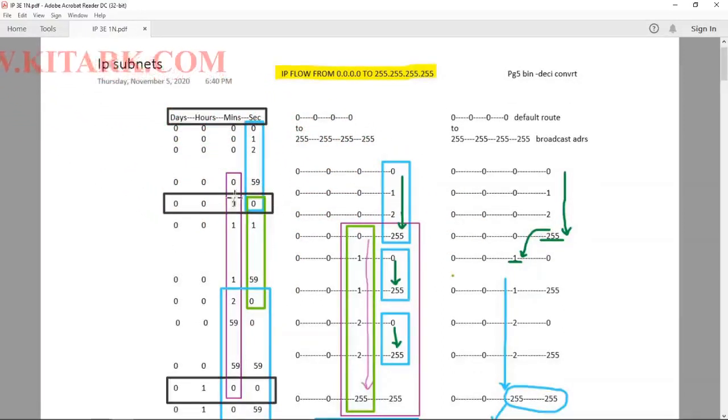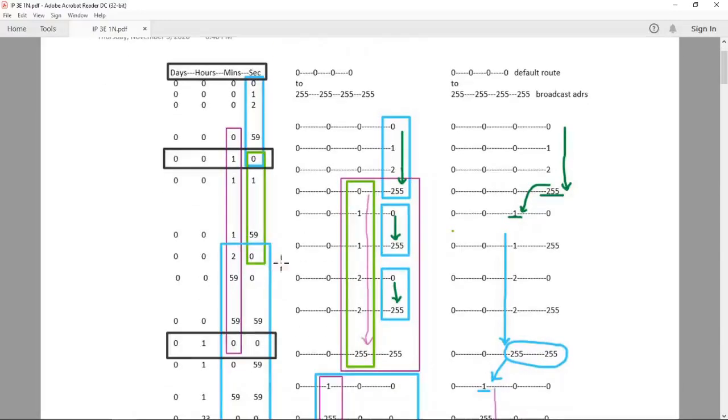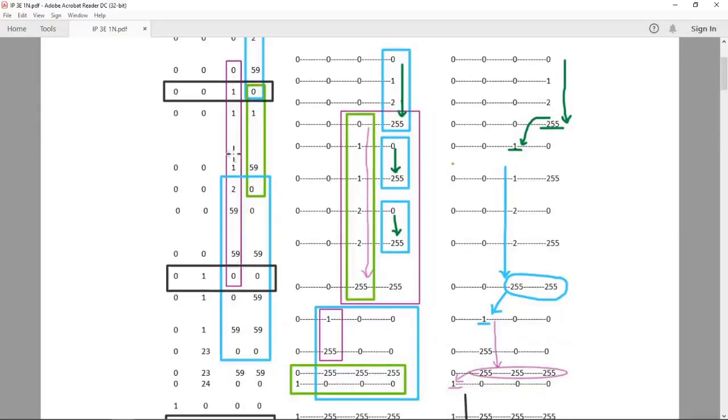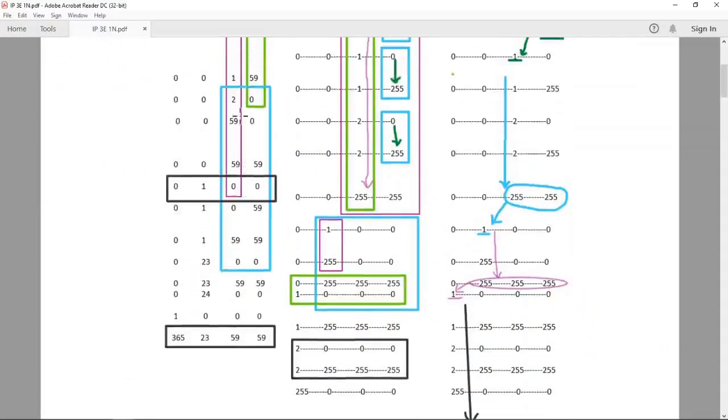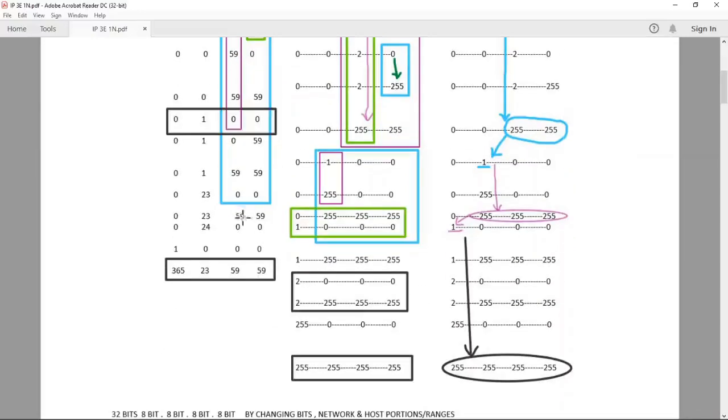Likewise, after the minutes column becomes 1, the seconds column again moves from 0 to 59 until the minutes column becomes 2 when the 59 seconds pass. Then the process repeats and the minutes column will reach up to 59, and the seconds column still goes from 0 to 59, and after both the minutes column and seconds column become 59,